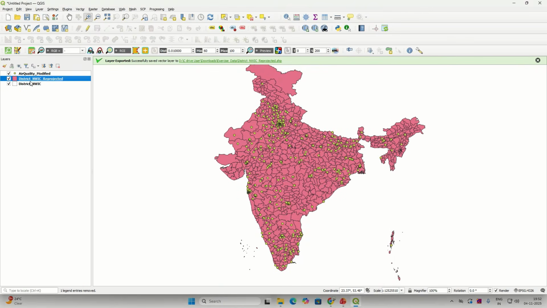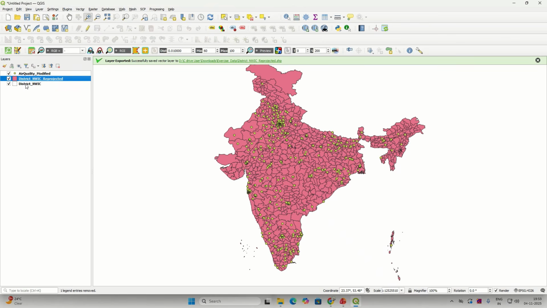And another is, you take your mouse on the top of the layer, then it will give you the name of the layer, where that layer is located, what is the type, it is a multi-polygon layer, where it is located on your drive, and also its CRS. Here it is given CRS EPSG 4326. Here it is not displayed because LCC doesn't have one code. LCC projections have different codes for different states,